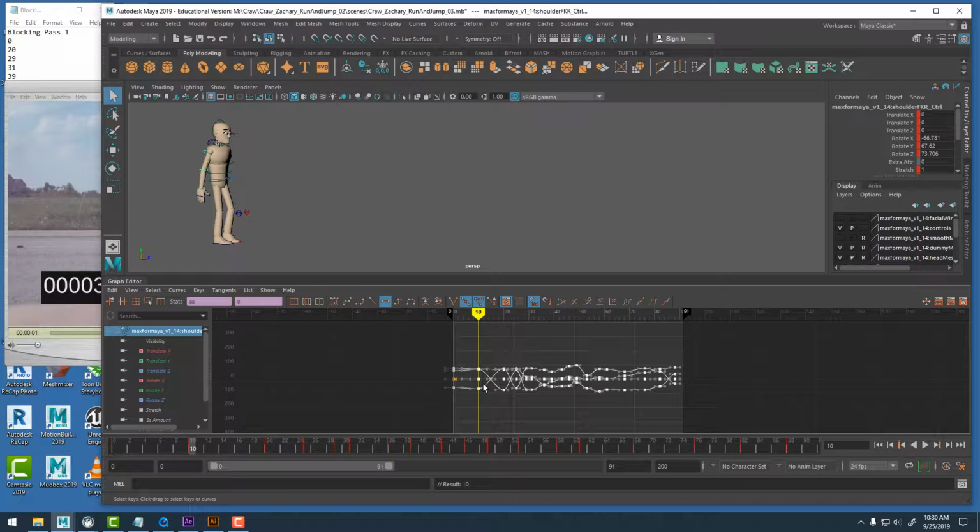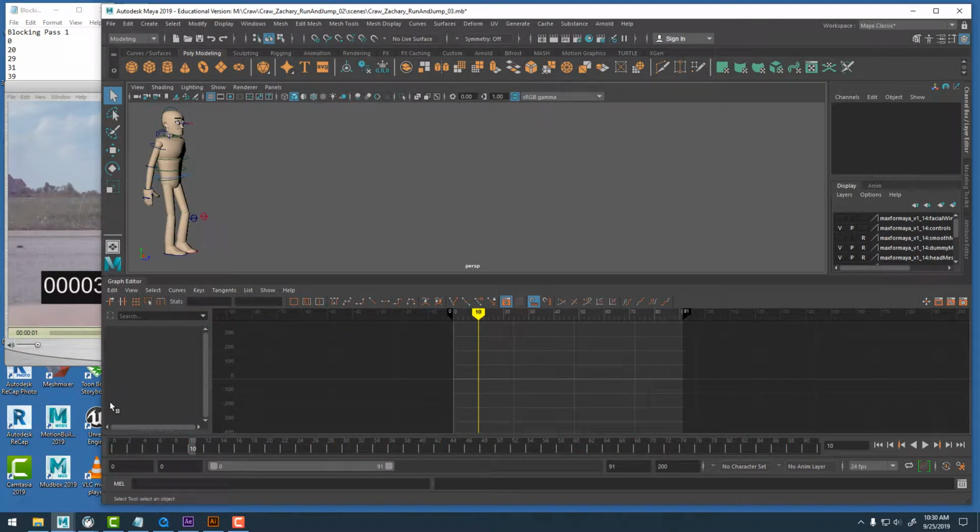But with mine, I'm going to have to do a little bit of cleanup here in my extreme poses. So I'm actually going to have to reset them to make sure that I'm not getting that sort of gimbal lock and that erratic movement in the arm. Now, before I move on to the upper arm itself, I want to do something similar to what I did with the neck and head. I don't want to get distracted by the elbow and the wrist as I start to clean up this arm. So I am going to go to the first pose here, or frame 0,